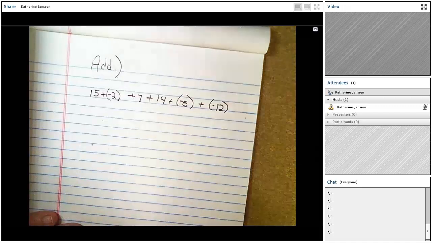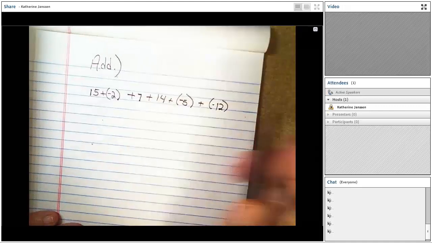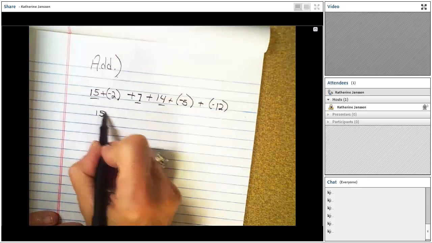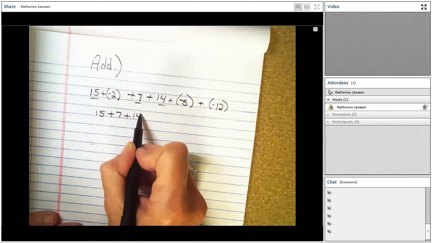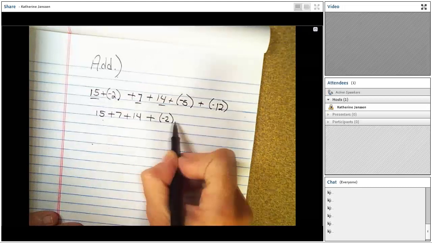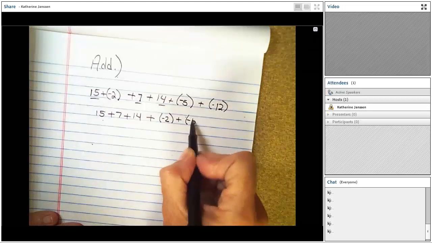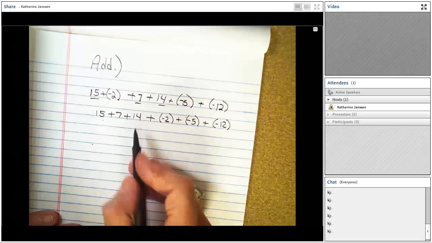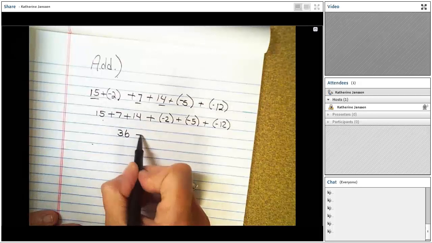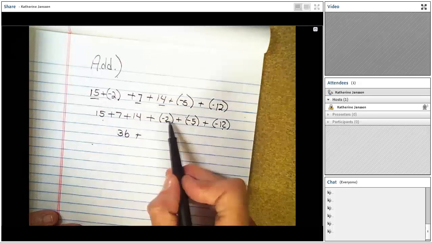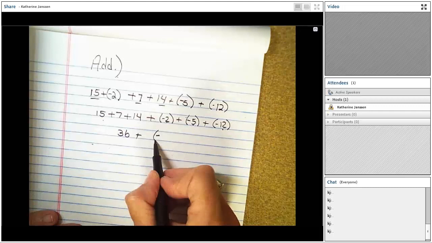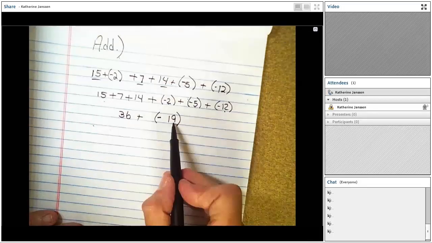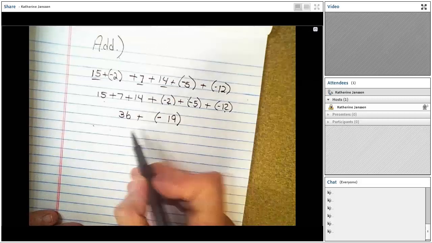Well, this is all addition and or subtraction, so I can combine my positive terms, 15 plus 7 plus 14, and combine my negative terms. 15 plus 7 plus 14 is 36, and adding all my negative values, my answer is going to be negative, get negative 19. And now I'm adding 36 plus a negative 19, so I take the absolute value of each,